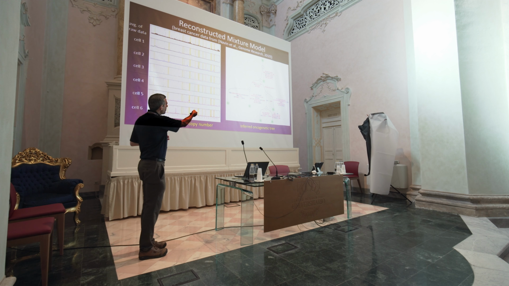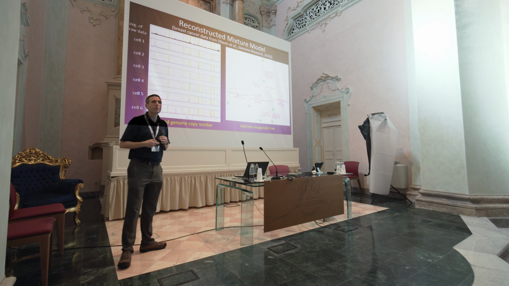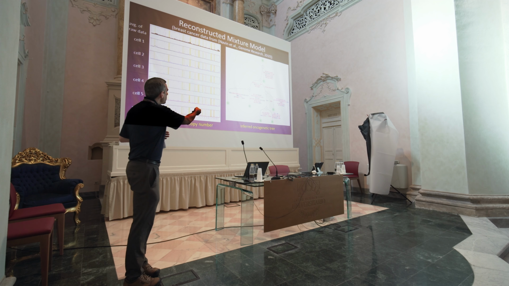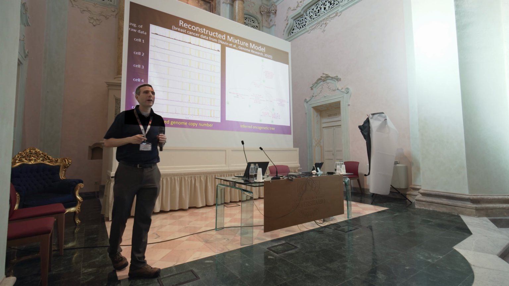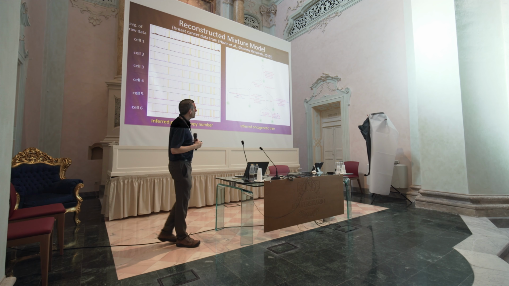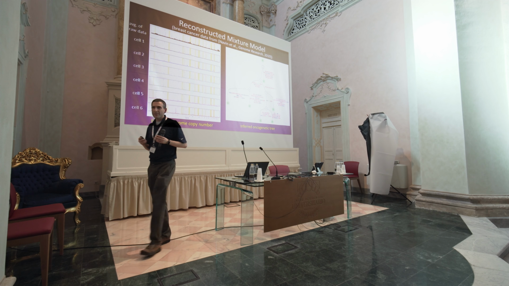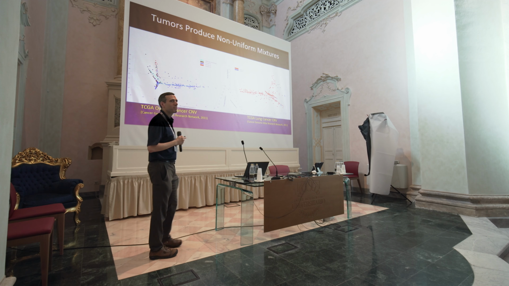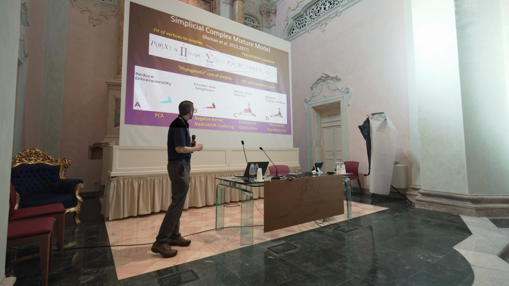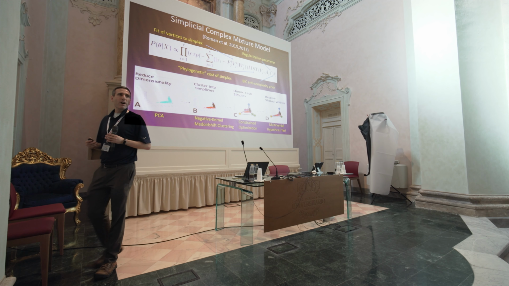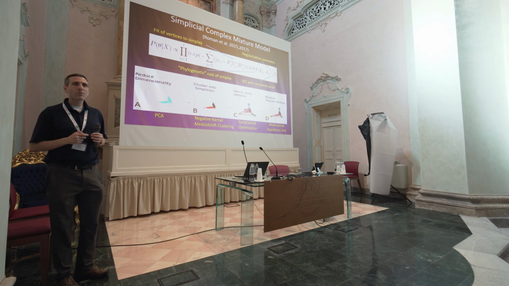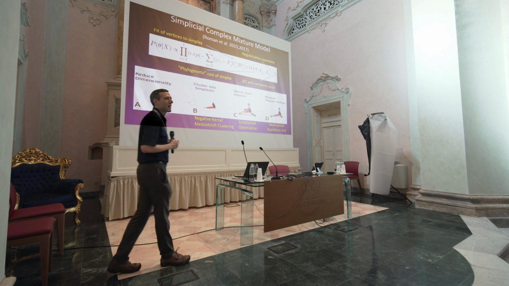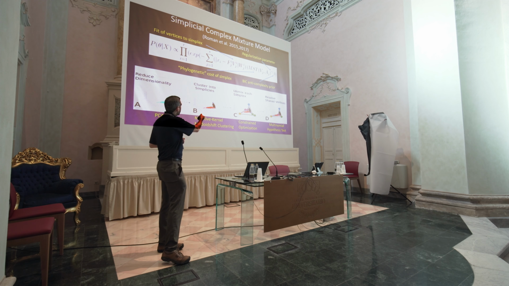Tumors that are sampling from this subtree would form a low-dimensional manifold based on the cell types in this subtree. Tumors sampling from this one would form a different low-dimensional manifold, and those manifolds would be glued together by the cell types they share in common. So this is a mathematical model, as with everything in biology, the model is not quite the real thing, but it's somewhat closer than simplices to the model we actually want. And essentially what we can do is try to refine our problem to say that this now is what we're looking for. We're really looking for simplicial complexes, not simplices. We can pose an improved model.